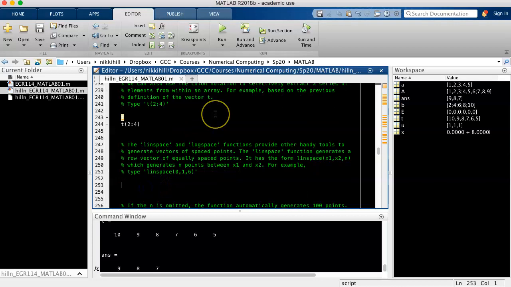The linspace or linear space and logspace or logarithmic space functions provide other handy tools to generate vectors of spaced points. So the linspace function generates a row vector of equally spaced points. It has the syntax: your starting point, ending point, and n, the number of points in between your start and your end. So let's try linspace